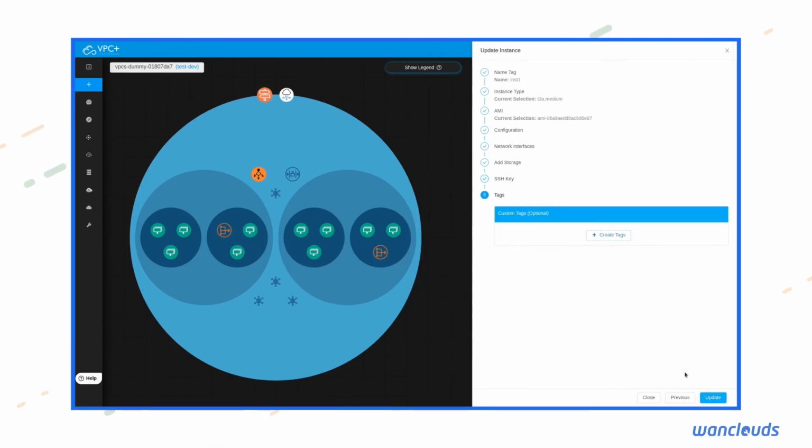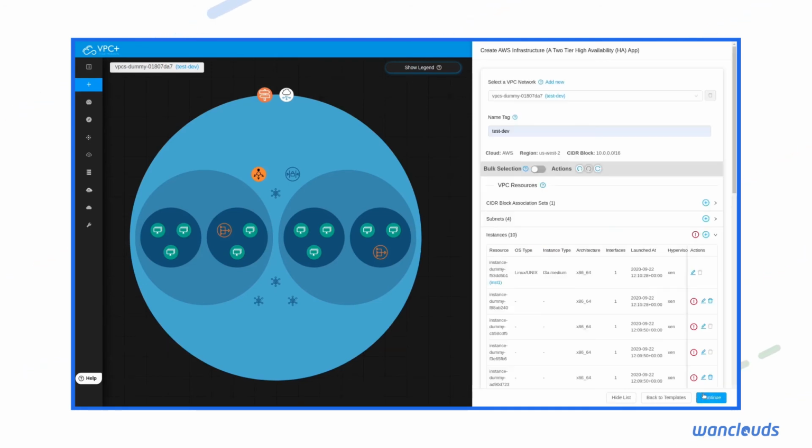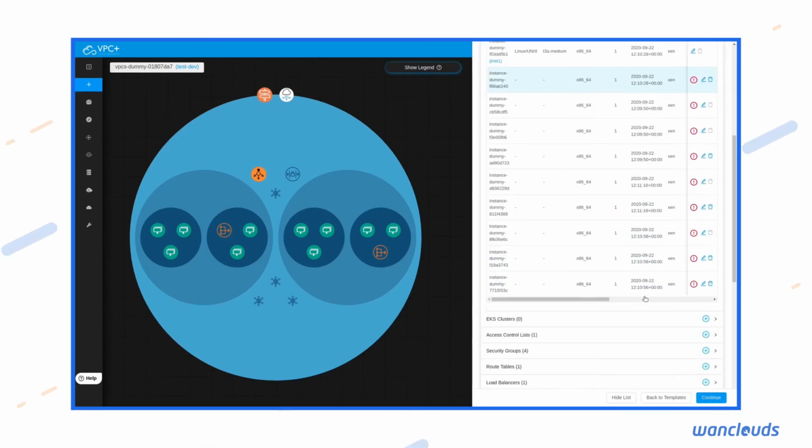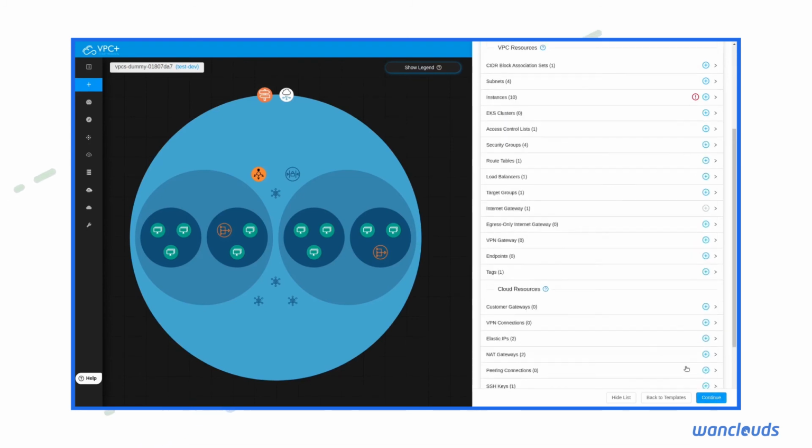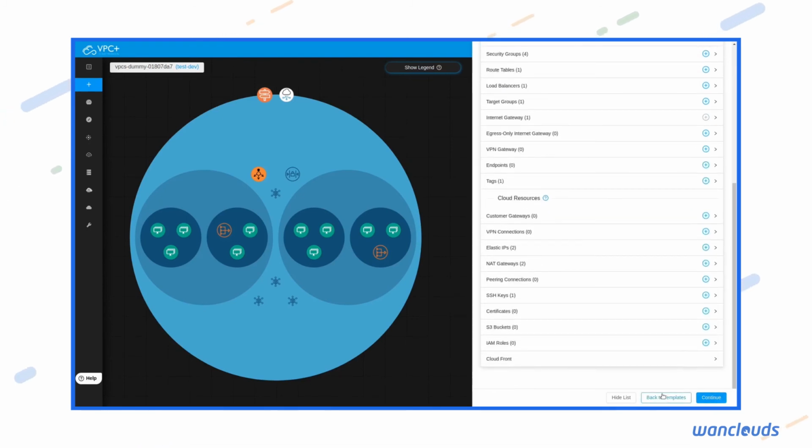You can also add tags, key value pairs. Let's add a key value pair and update the template. So one of the instances has no longer any validation errors. We need to do that for all of the 10 instances, and then we can provision it.